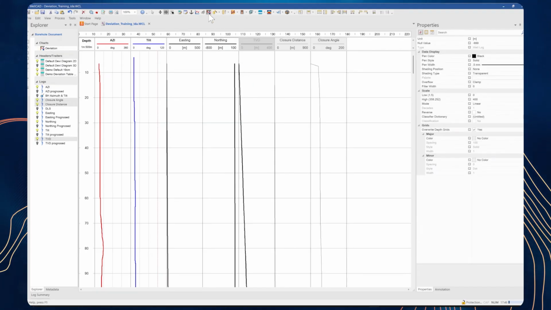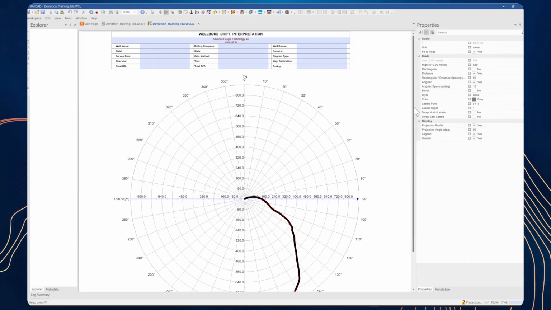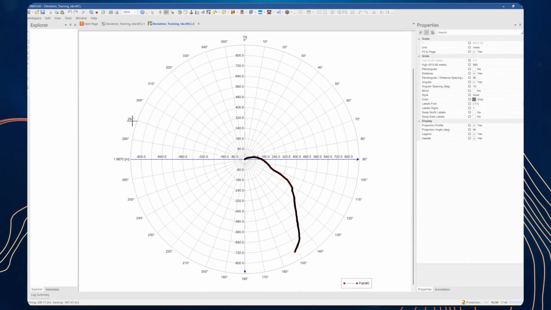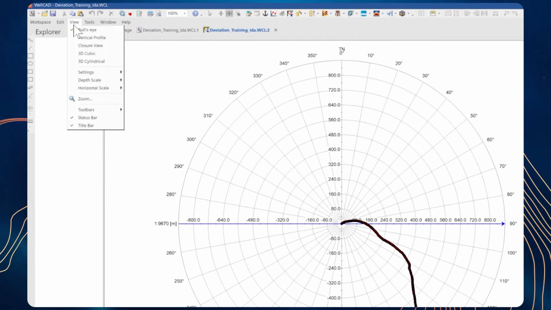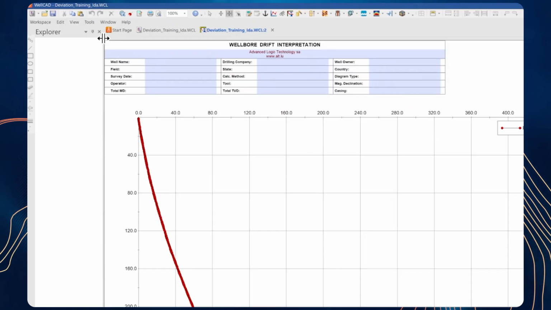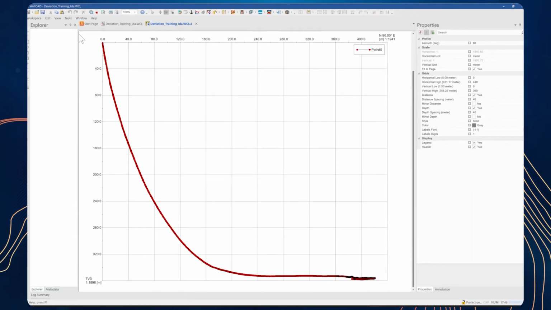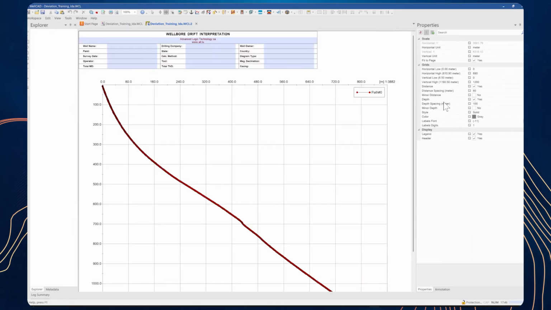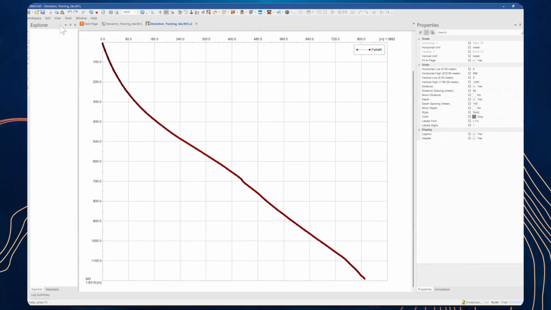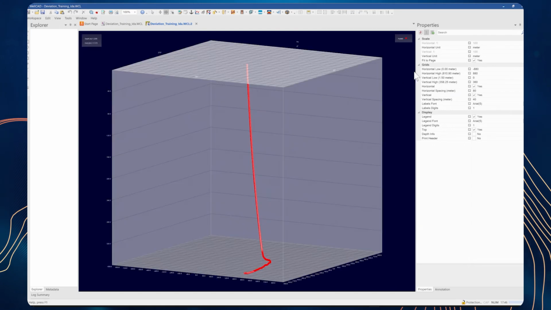Now we click on the deviation icon in the toolbar on the top. There are different options for the view. The default view is the bullseye view. There are different view options such as the vertical profile, closure view, 3D cube,